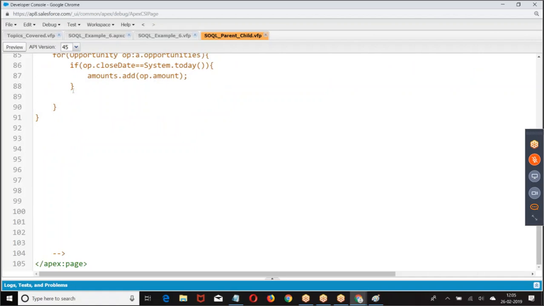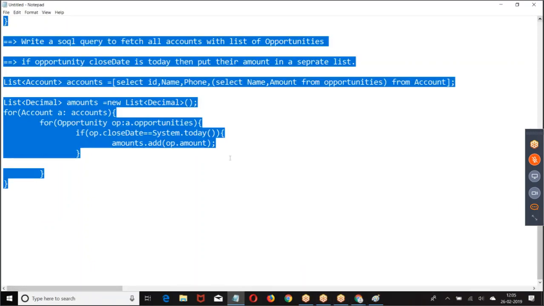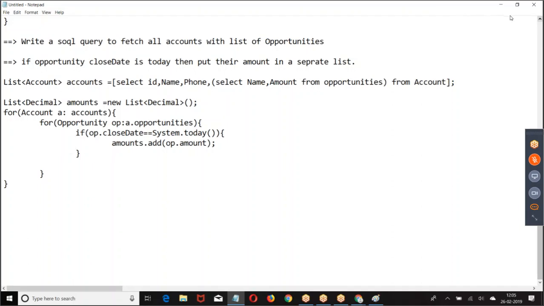See, now the point is, if you already have a list of records like this, how to get the data is the question. Now there is a better way of getting the data. Here I am not giving the example to write a better query. Here my requirement was, if you are getting parent child data like this, how do you scrutinize it and write a logic. If you want only today's record, you can straight away give it in the query.